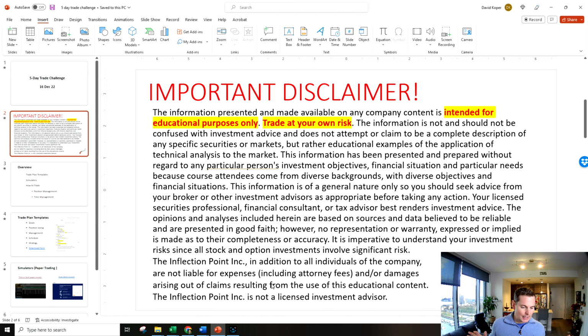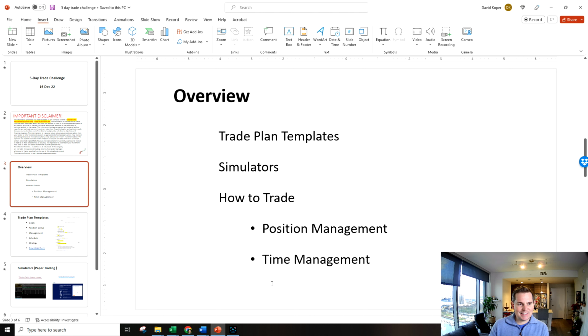And important disclaimer before we get into any financial, this is intended for educational purposes only and trade at your own risk, okay? So that being said, let's get into the overview, and what we're going to cover is some